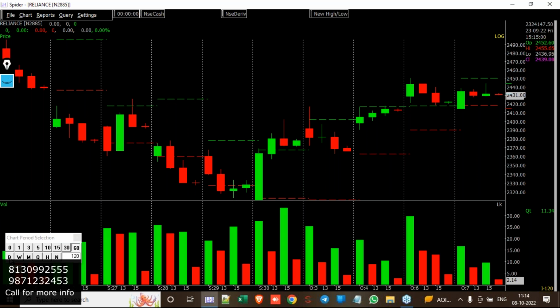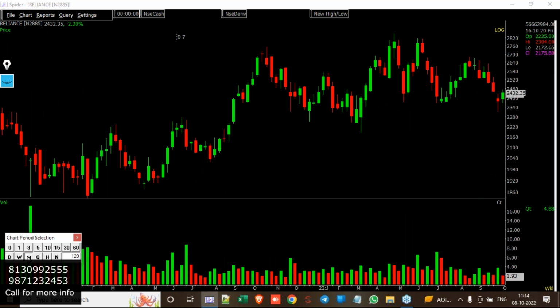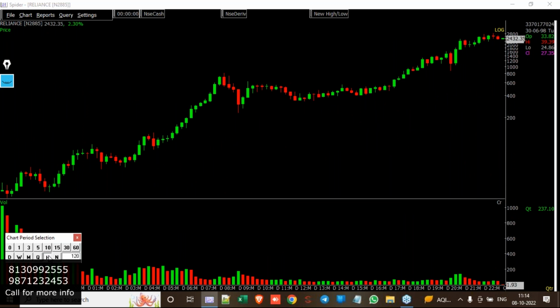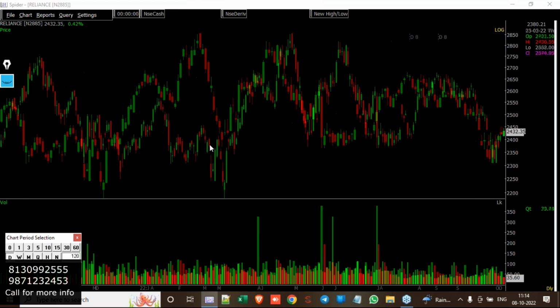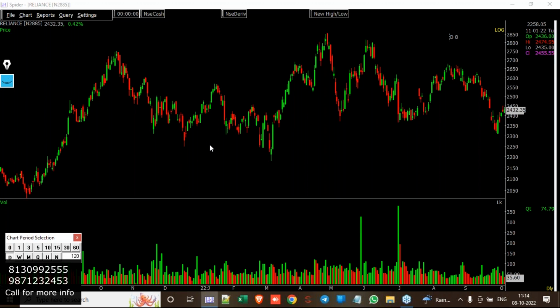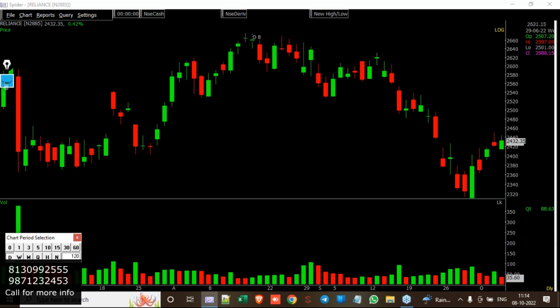Okay, and the same shortcuts we are able to see here also: daily, weekly, monthly, quarterly, half yearly, and this N key. So this N key, I'll let you know. Give me a moment, please. This will help you to reduce the noise from the chart. Okay, like we are on a daily time frame, but I want to see